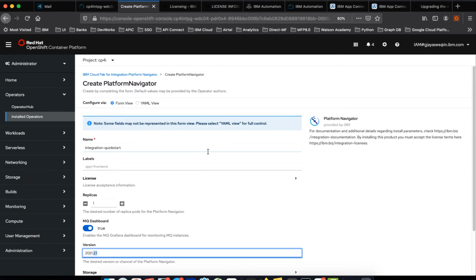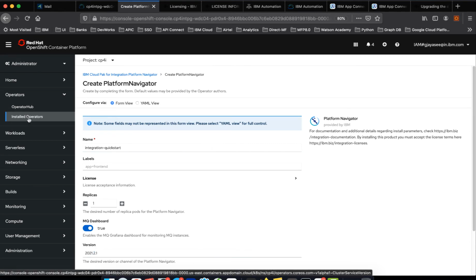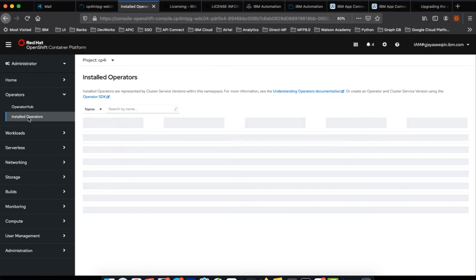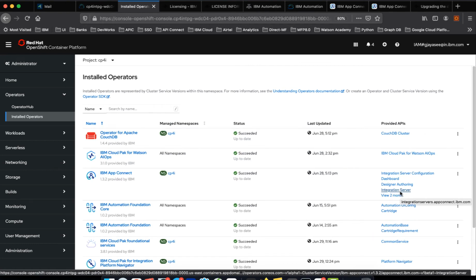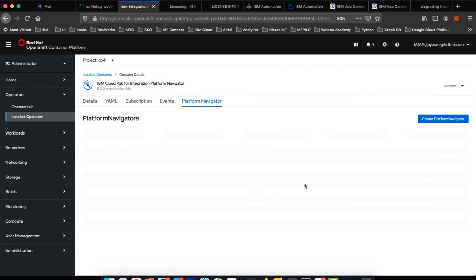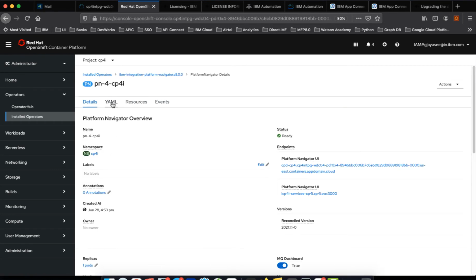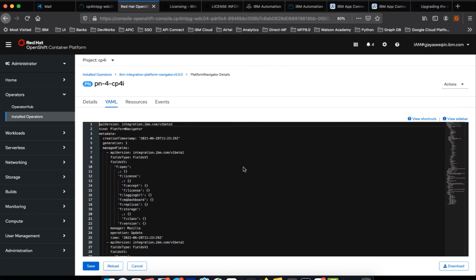But we are not going to create a new instance. Instead, we are going to upgrade the existing one. So for that, go back to the instance that is already existing in this. Open up the YAML and say edit platform navigator.